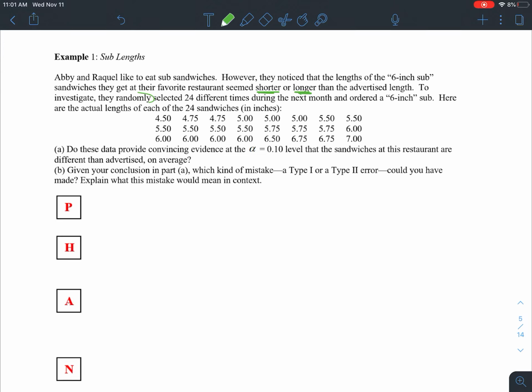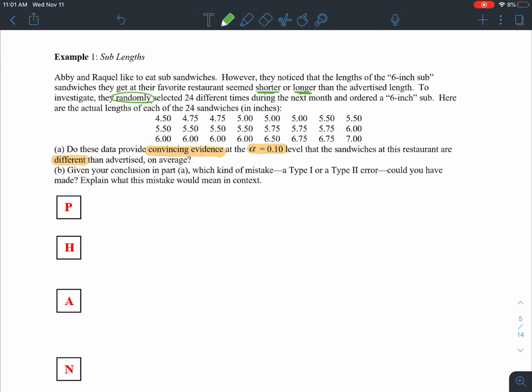You'll notice it mentions here that they selected randomly 24 different times to order these subs. There's that phrase we're looking for. Do the data provide convincing evidence at an alpha level of 0.10 that these sandwiches at this restaurant are actually different than advertised? Not longer than advertised, not shorter than advertised, but different than advertised on average. We'll come back and do part B in just a moment. For part A,